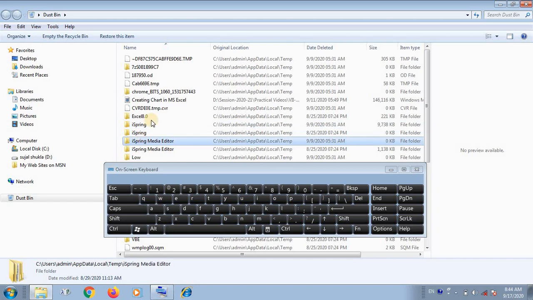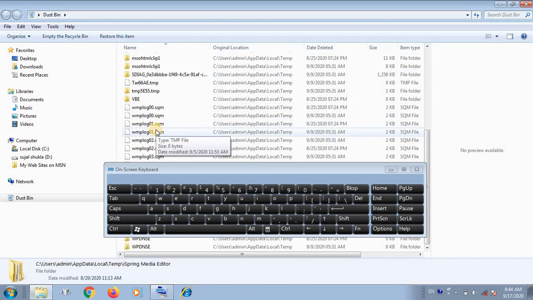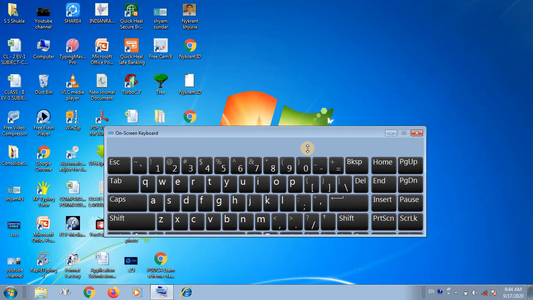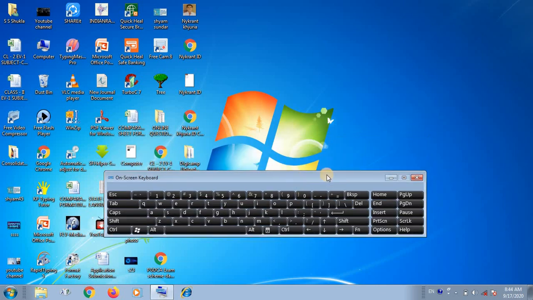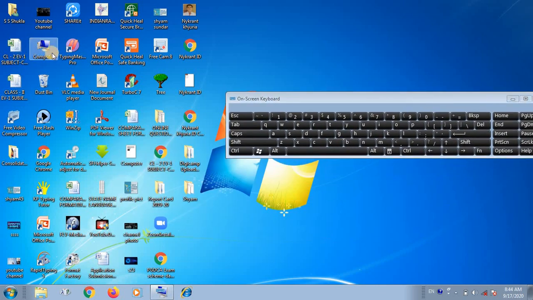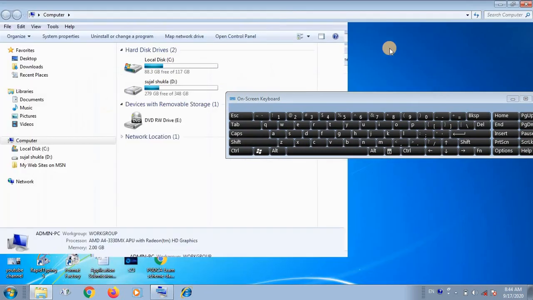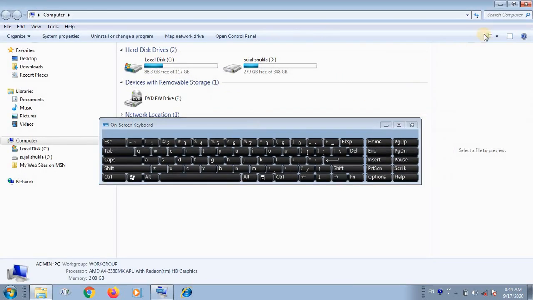Here is also you are looking, if you want to see the preview of the file and folder, just like I have selected any file which is deleted and with the property, then you have to suppose one thing, go to any file from the computer. I am displaying to you. See here is the option also available. You are looking here C drive. This is C drive, this is D drive.